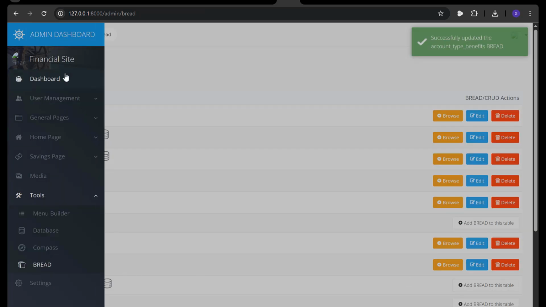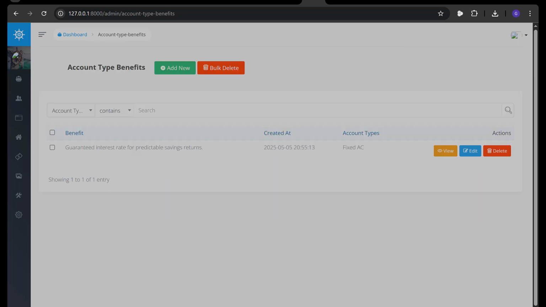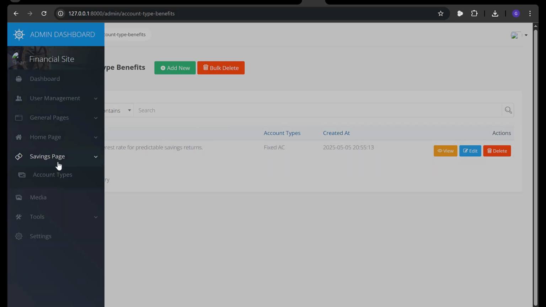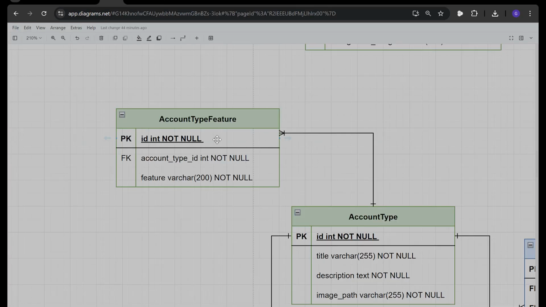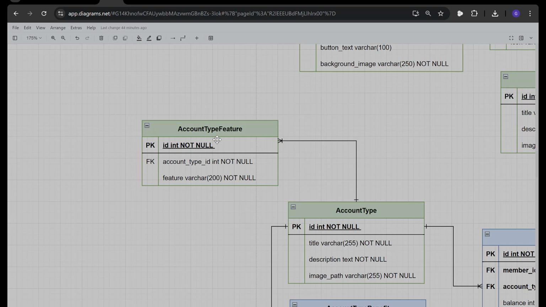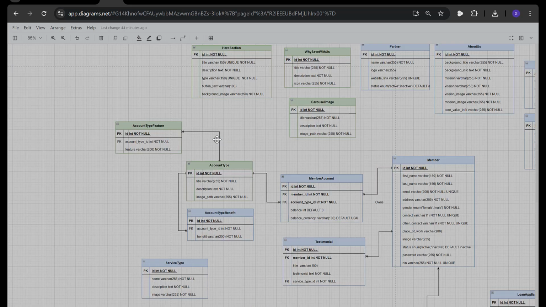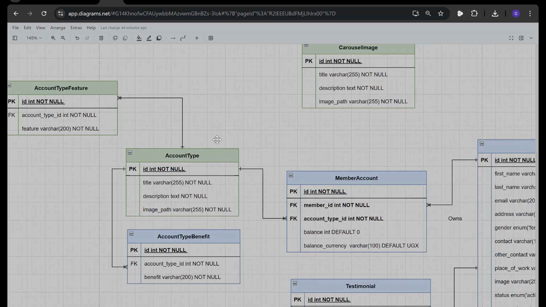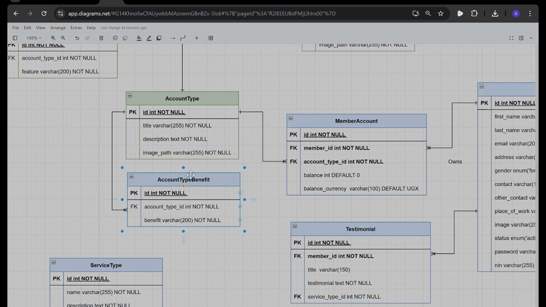So when I go back to view, this must be updated, and yeah, that is updated now, as you can see. So this is okay. So I think that is all regarding the account type features and the benefits. So I will ensure that the account type benefit is also updated to green